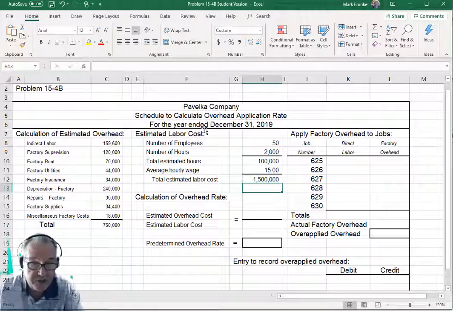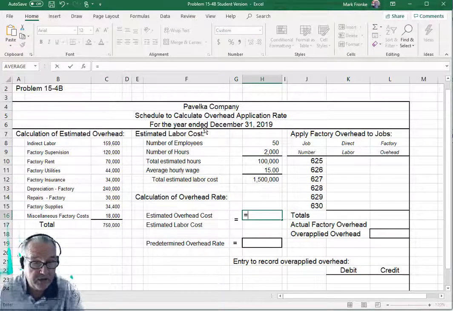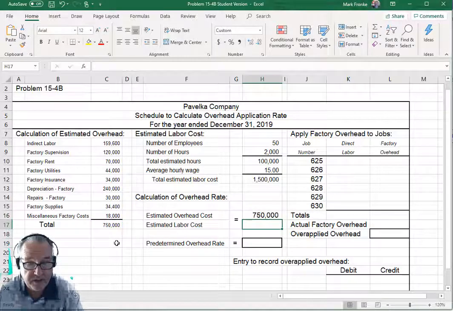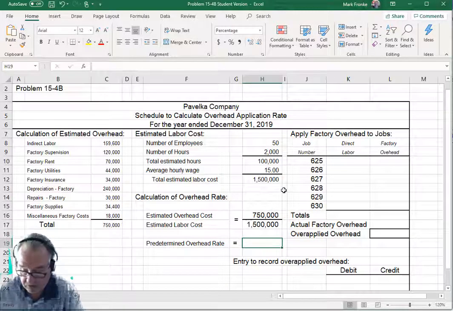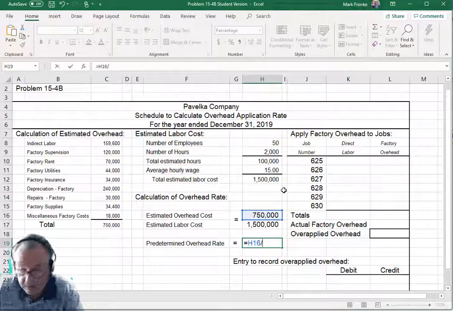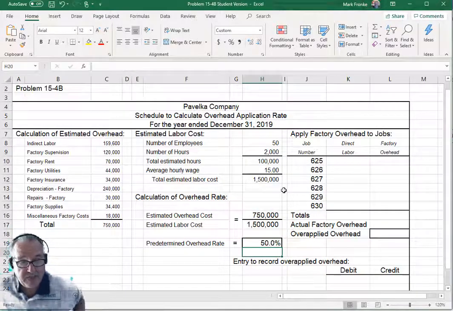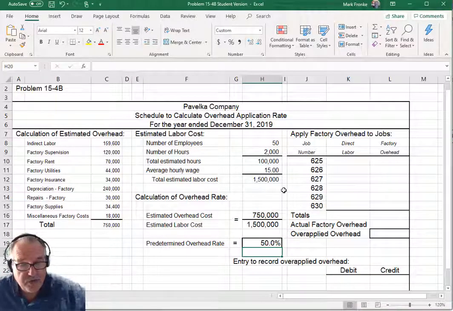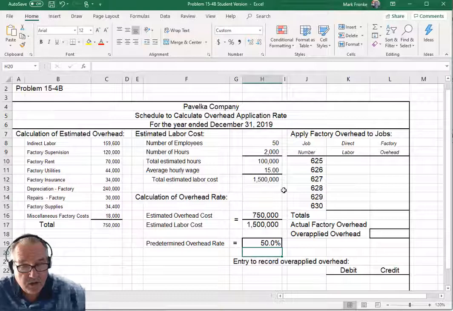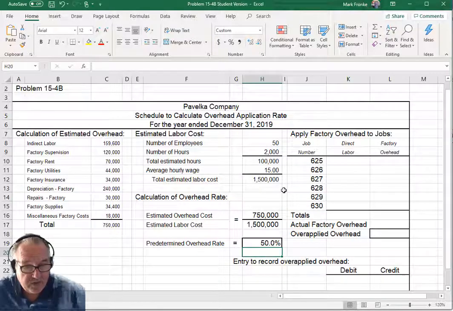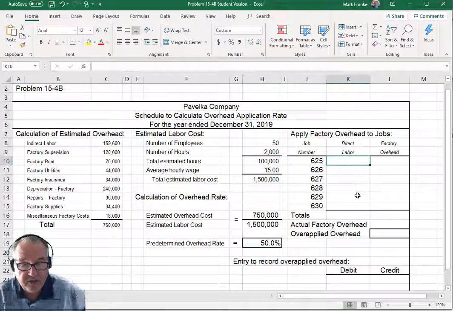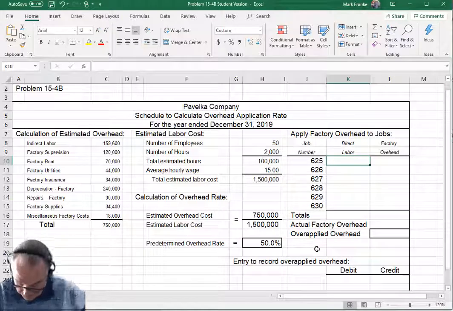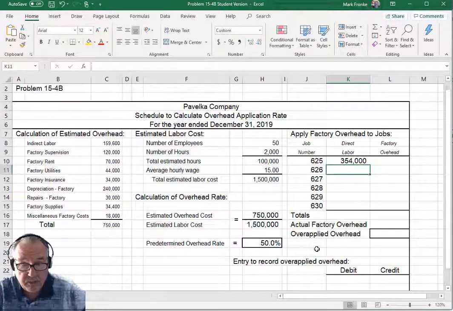So if we get the relationship between the overhead cost, estimated to be $750,000, and the labor cost, estimated to be $1.5 million, we can calculate that relationship as 50%. In other words, for every dollar of labor cost that gets incurred in a job, we're going to apply 50 cents of overhead. So now to use that to apply to jobs during the year, we had labor cost